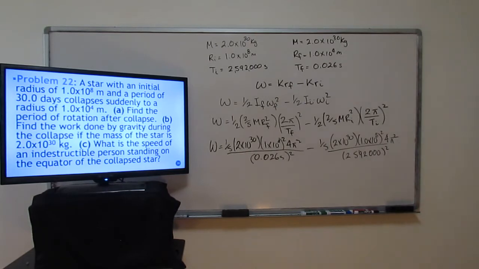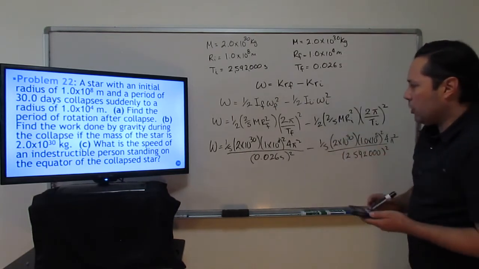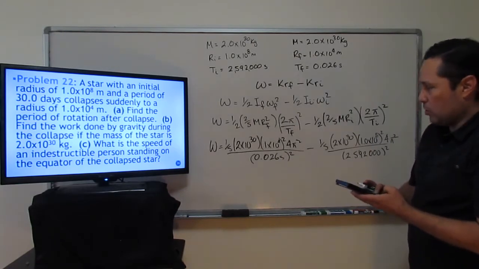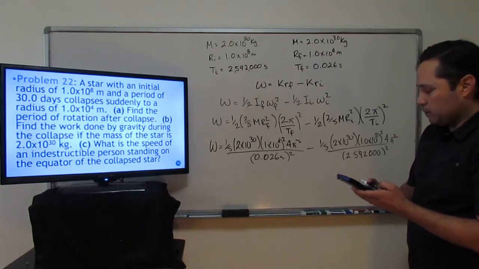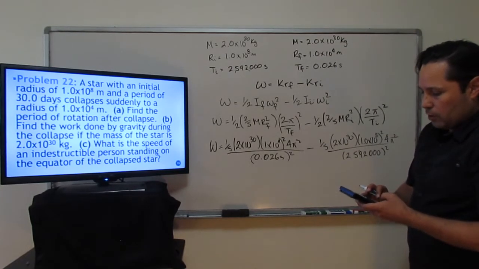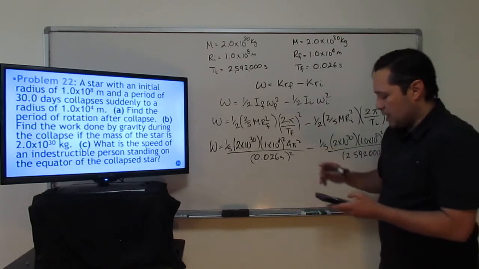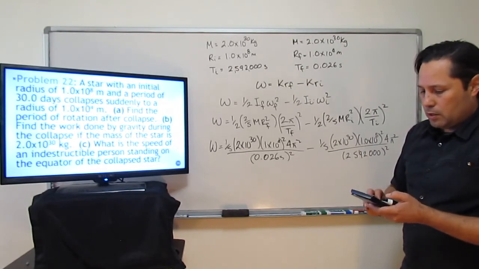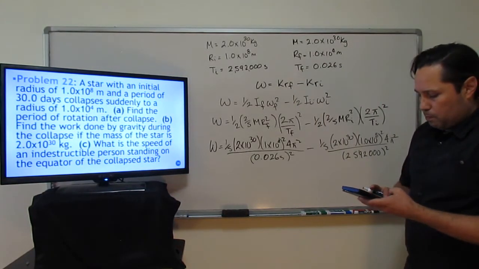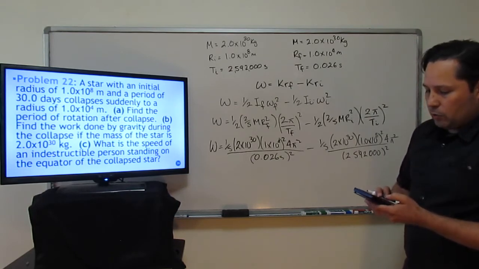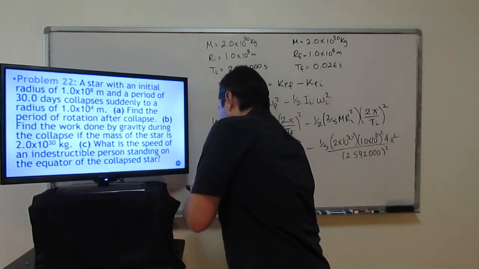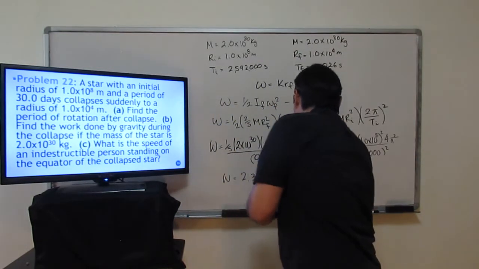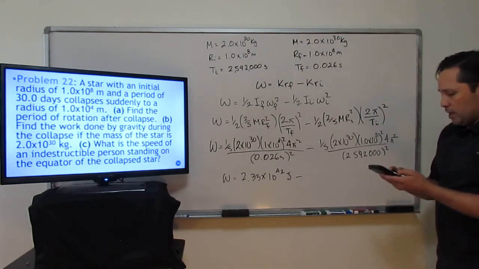And now we're going to reach for the calculator and plug all of this into our formula. 1 divided by 5 is just 0.2, multiply times 2 times 10 to the 30th, multiply times 1 times 10 to the 4 squared, multiply times 4 times 3.14 squared, all of it divided by 0.026 squared equals the following number, 2.33 times 10 to the 42 joules, minus, on the other side, we're going to have 0.2,